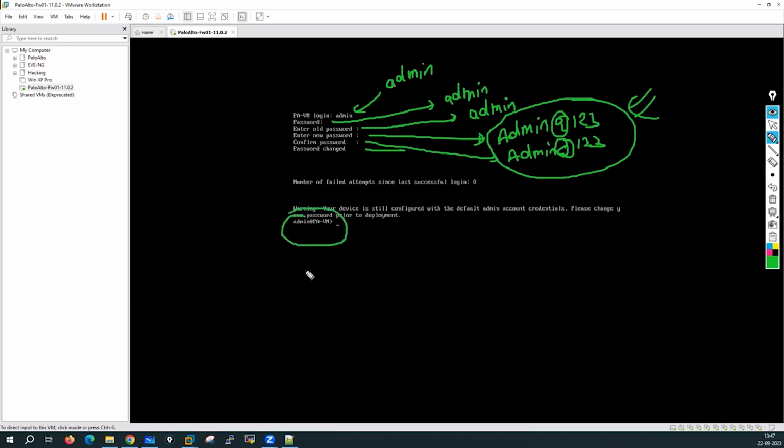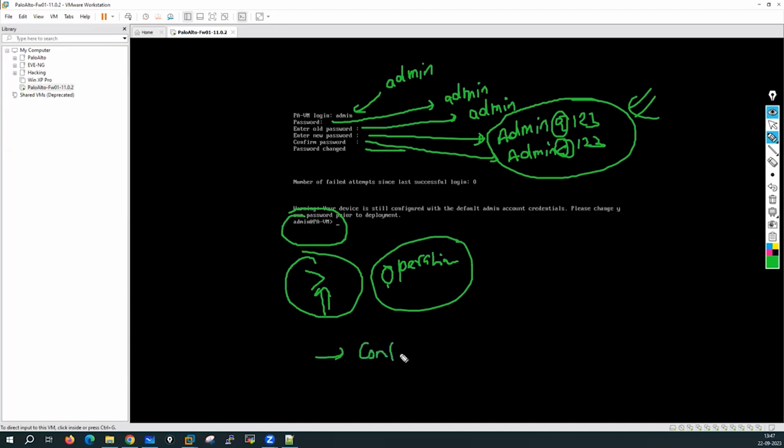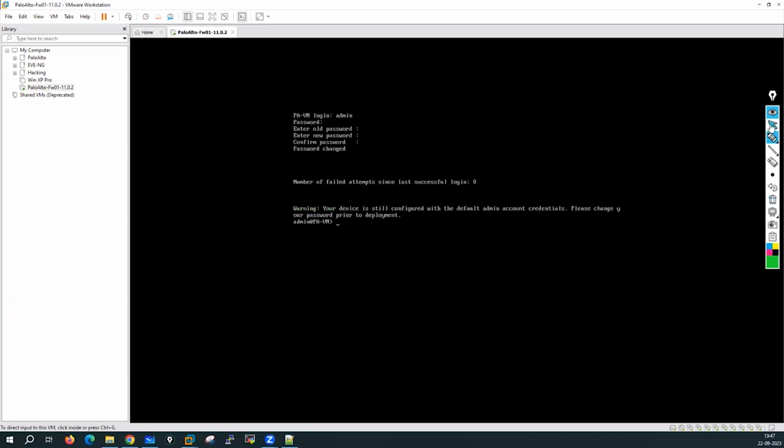Now you can see I have got access, and you can see this symbol is there. This symbol denotes we are in operational mode. We have logged in to the operational mode of the firewall. If you want to do any type of configuration, you have to go into configuration mode by running the command called configure. Now if I log in here and run this command,